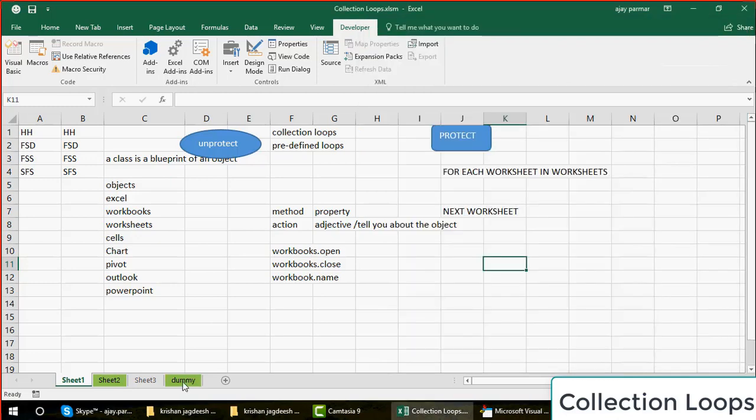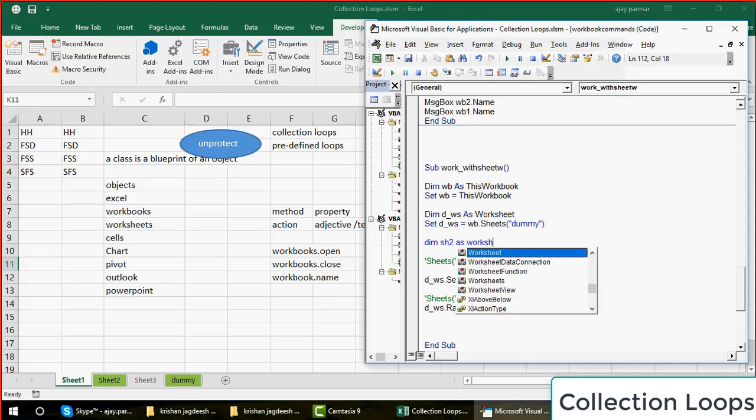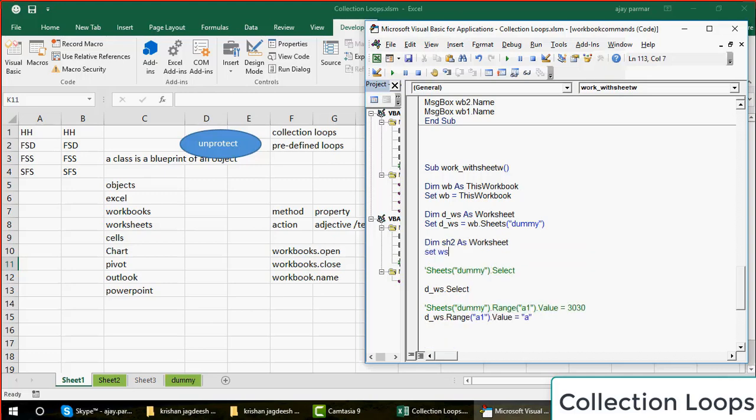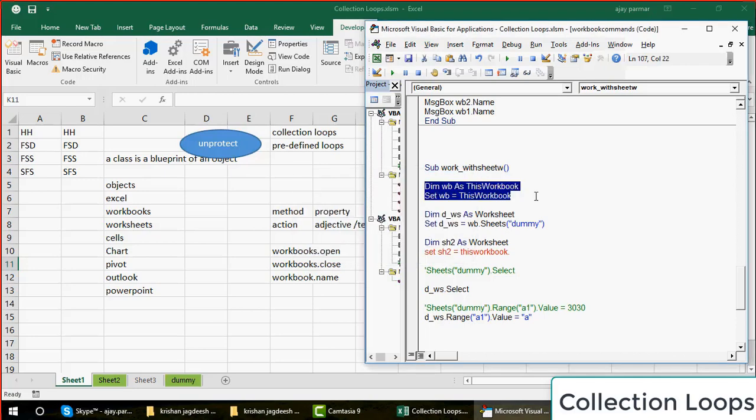This is done. Maybe let's define Sheet2 also. How are you going to define Sheet2, guys? Give it a name first of all. I'm going to give it, let's say, sh2 As Worksheet. Set sh2 equals to, what is the name? WB dot, WB is what? ThisWorkbook. Now you can also write ThisWorkbook. That's all up to you. That's why I said that this line actually is not really so useful. But I'm just trying to tell you that you can also define the objects, you can also create your own object which refers to the collection loop, right?